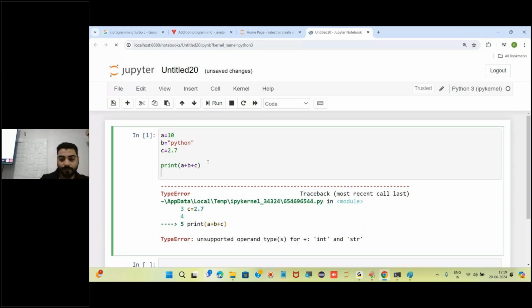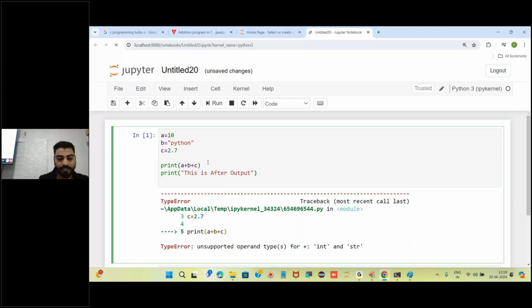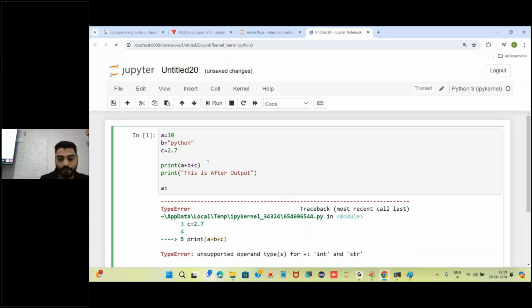Also, this is after output. I will take one more error program, that is a equals Python. Whenever we write a string, we have to enclose it with double quote, single quote or triple quote.